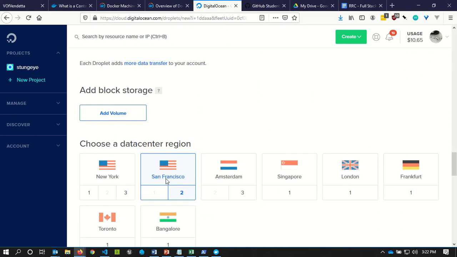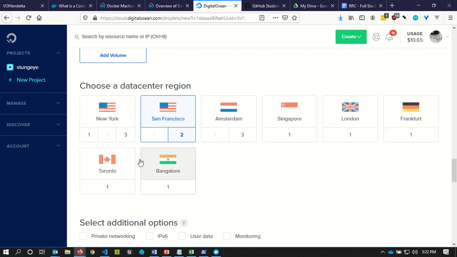No. That's why I'm splurging here. You get to pick which region you want to deploy the server to. This is important if you are building a business in Canada. If you want to ensure the privacy of your customers' data, you want the server that you're deploying to be